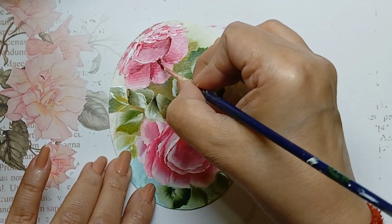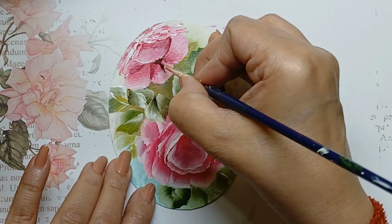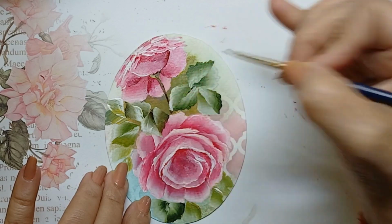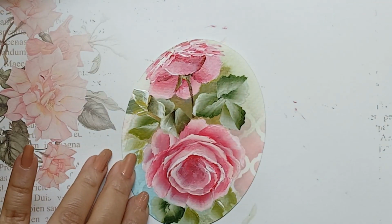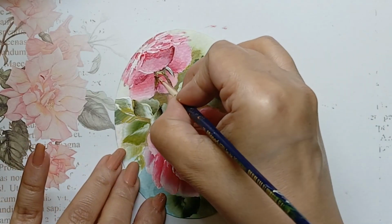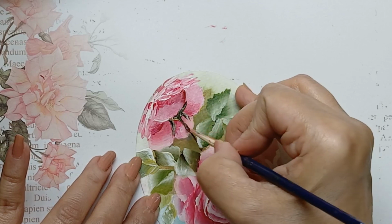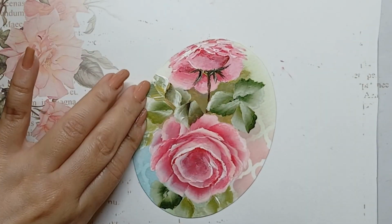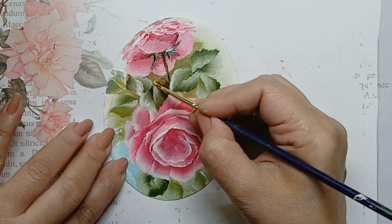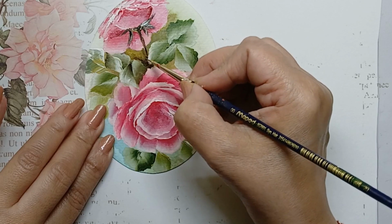Next, I bring in my liner brush and I have burnt umber on it. I'm trying to create a stem of the top rose. I will go ahead and add a bit of sap green and a bit of white to it. These little leaves near the stem. Here I go ahead and add a bit of yellow and olive green to create some contrast between the leaves